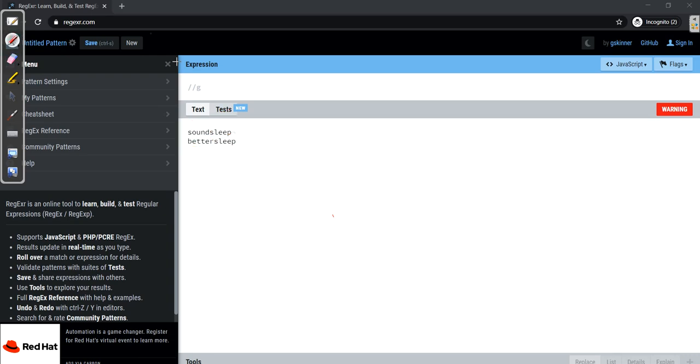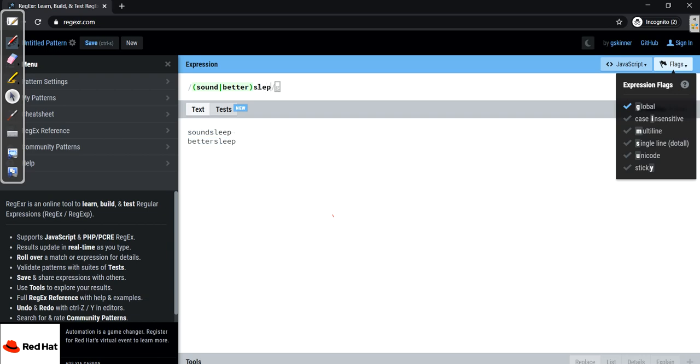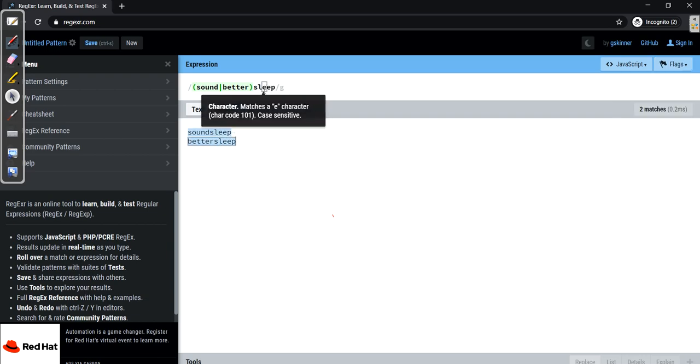So I'll make use of alternation, and inside this parenthesis I'll write sound, the upright bar, then better. Here you can see it's matching both of them, and outside this I can write sleep. So this regular expression is matching both of these strings.